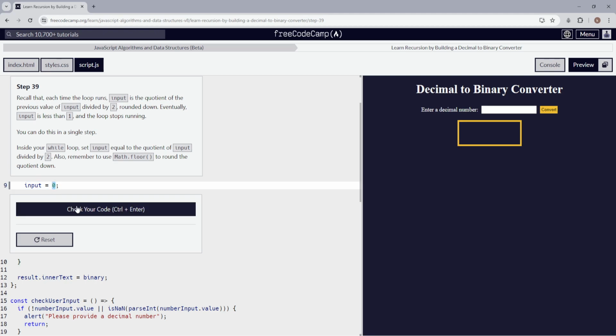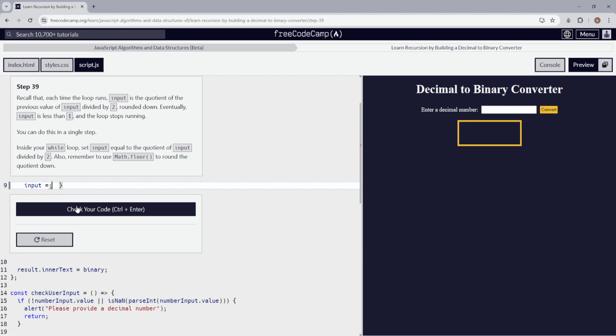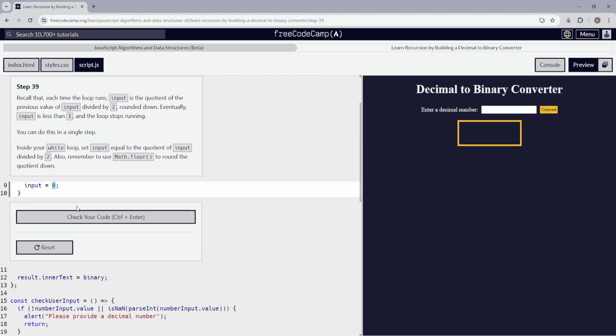So in order to get the quotient of the input divided by 2, it should be math.floor to round it down. Inside here, our input should be equal to the quotient of the input. So input, use the percent sign to get the quotient